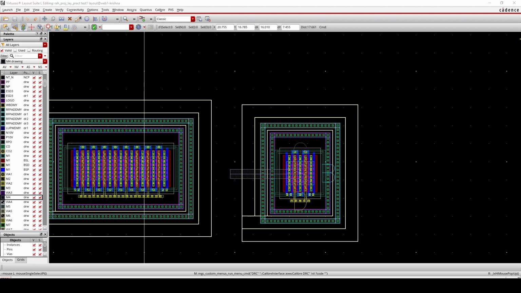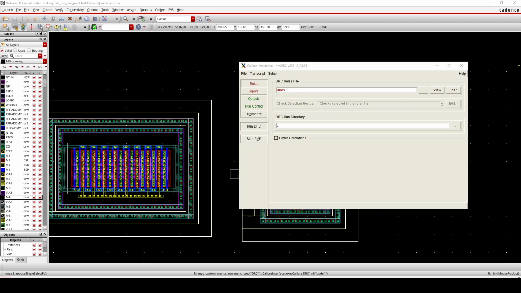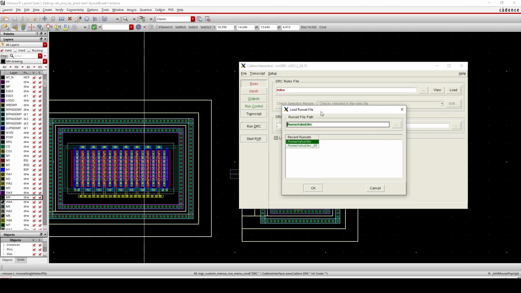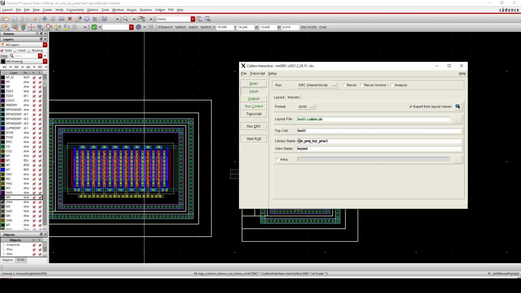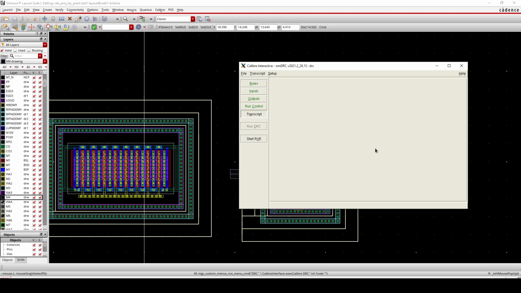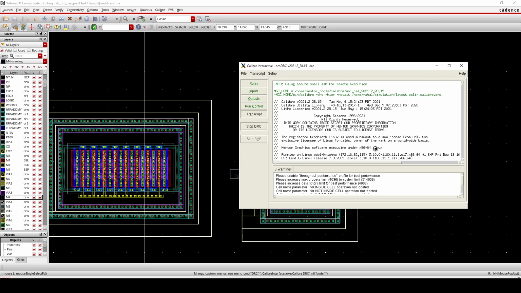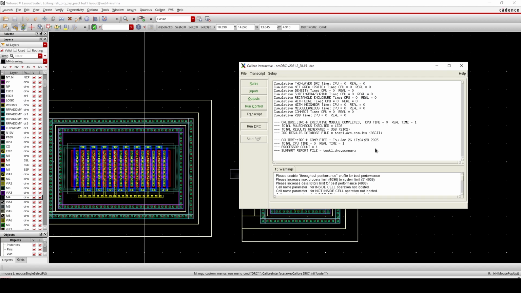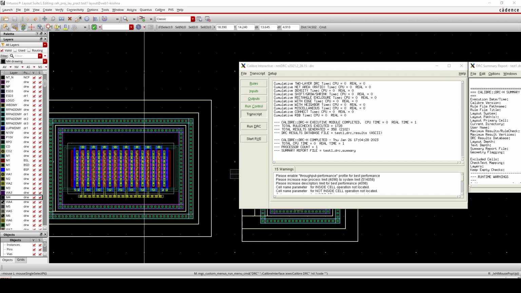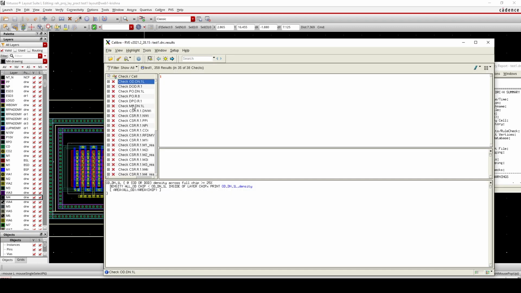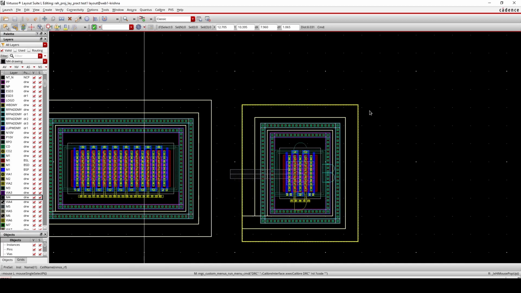It's Calibre. In Calibre I am just running DRC. Here I will select the rule file. I've already created it and I'm running DRC. I'm not discussing it here in detail. I'll do it later on. But I just wanted to show you what type of errors there are. Suppose these errors came. These are insignificant errors. DN and DM are density, and CSR you can also ignore. Those significant DRCs I will discuss after some time, but let me finish the